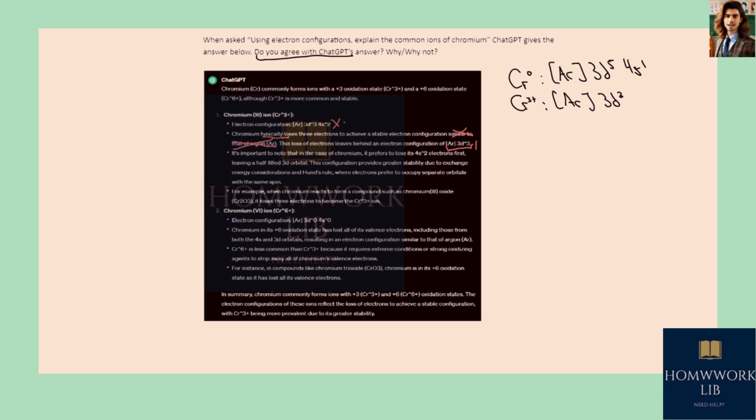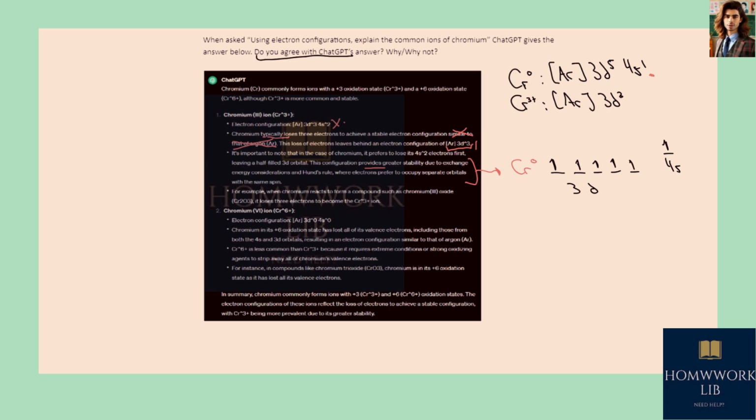Next up, it states that this configuration provides greater stability due to exchange energy considerations and Hund's rule, where electrons prefer to occupy separate orbitals with the same spin. And in this case, this description is more akin to the reason why chromium 0 has this electron configuration, because what is going to happen on chromium 0 is that the 5 3d orbitals and the single 4s orbital are going to be